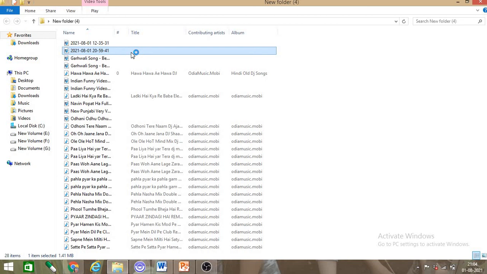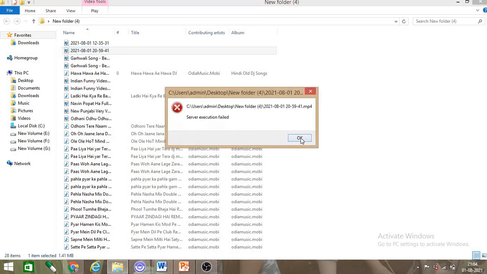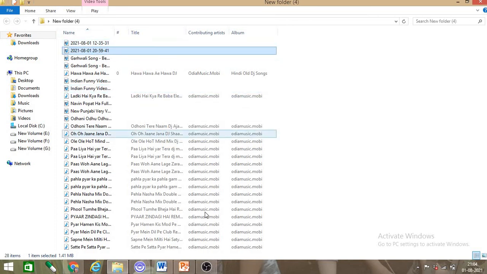Now see, I will show one more thing. Now this is way you can open your video that will be saved on the path you have already given in the setting. Okay, it is taking some time.